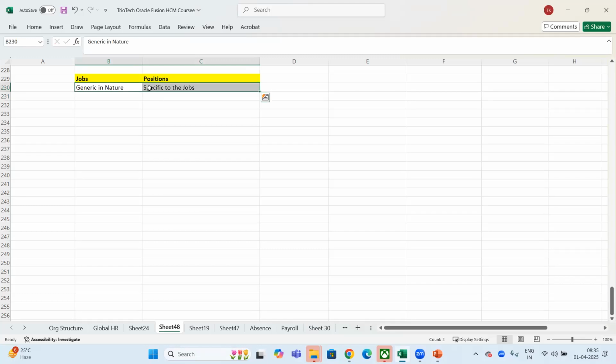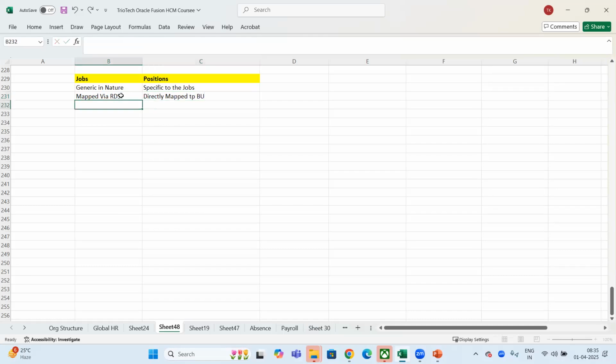Jobs are generic in nature, whereas positions are specific to the job. Jobs are mapped to BU via reference data sets. Jobs are mapped via RDS, but for positions we don't have RDS, team. Positions are directly mapped